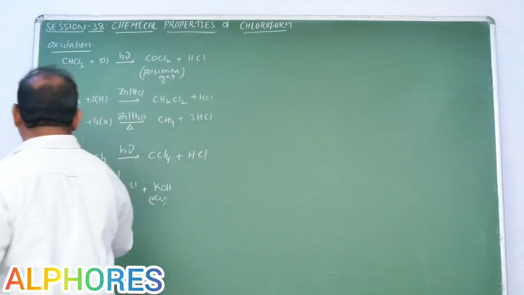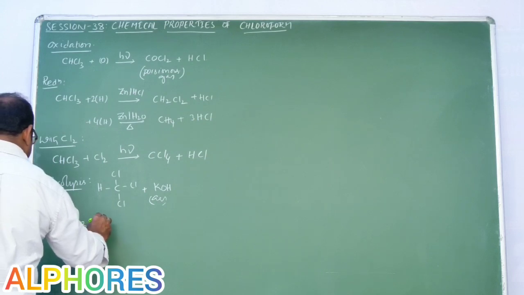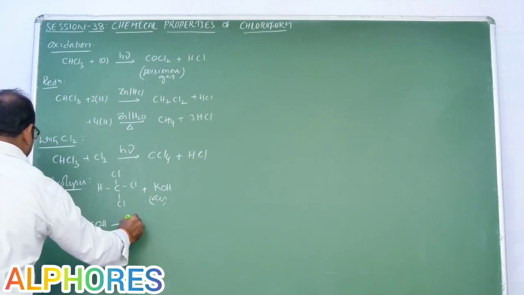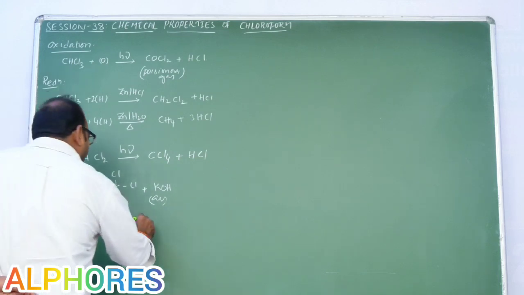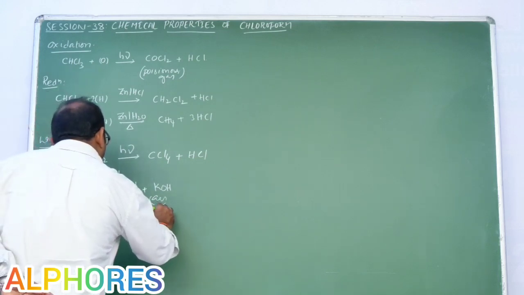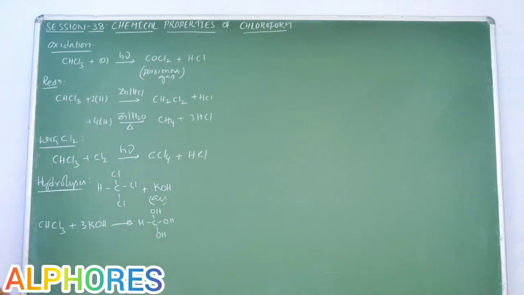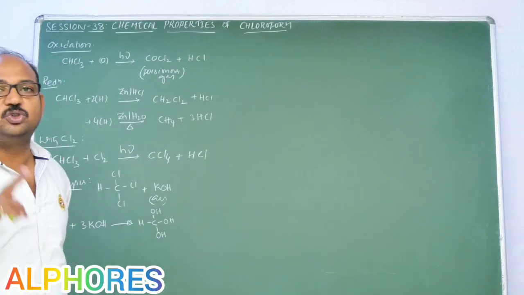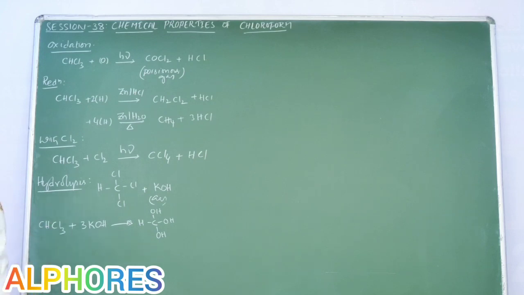Then what product will you get? CHCl3 upon reaction with 3 moles of KOH. Listen carefully here: how many moles of KOH? 3 moles of KOH. Then we get HC(OH)3, written like this generally. Cl is displaced by OH, but as we discussed in previous sessions, no one carbon is going to bear two or more OH groups. That means this is highly unstable.